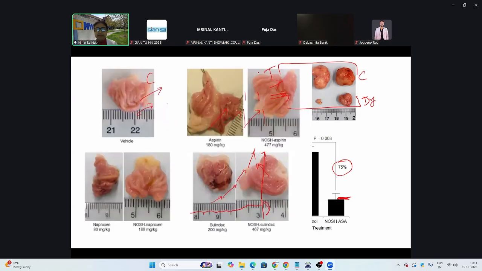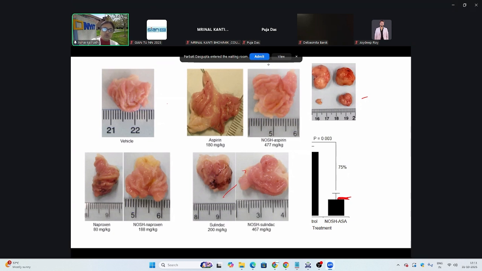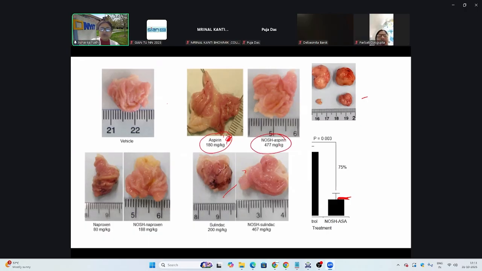Okay, and this is just to show you, I don't know why this is staying, and this is just to show you that this is from other pictures. This is just to show you that in other cases, if you want to examine two drugs, you want to examine aspirin and you want to examine your favorite drug, NO-aspirin. This is from the market. This is an old drug and this is a new drug. NO-aspirin is new. And when you treated the animals the same way, you see how corrosion had set in